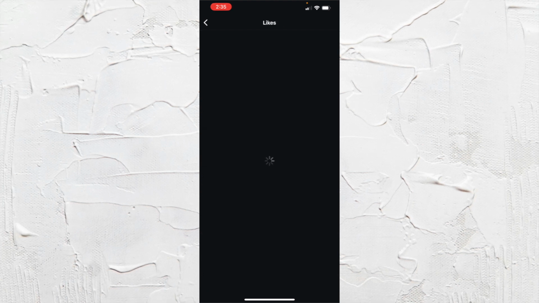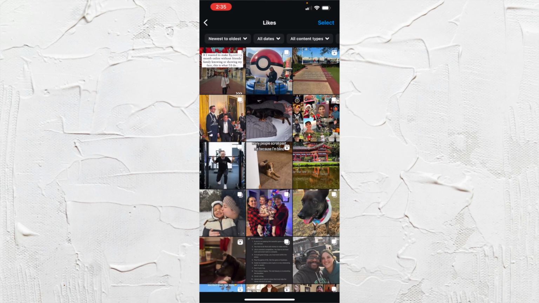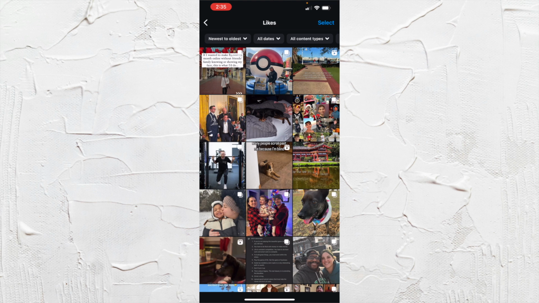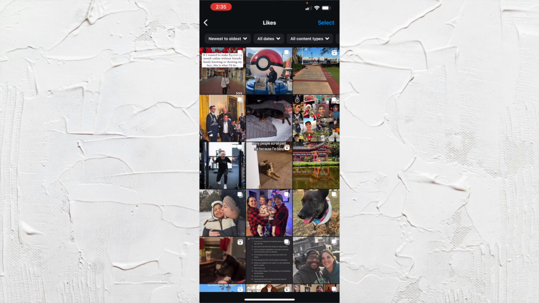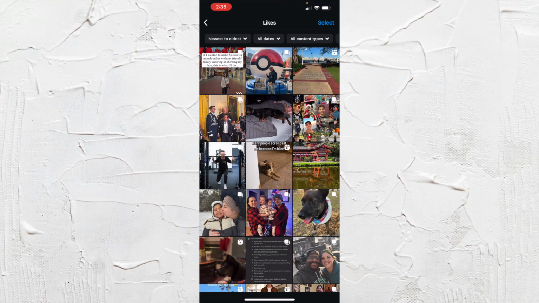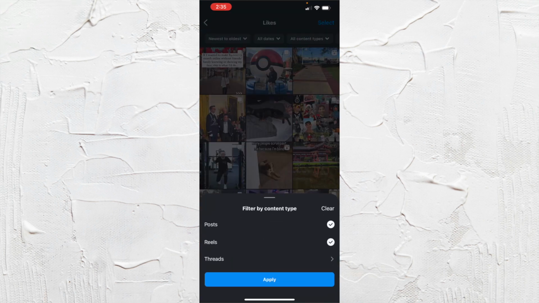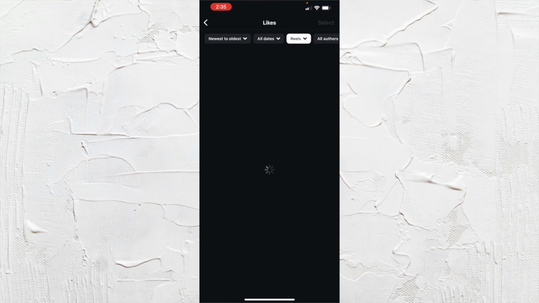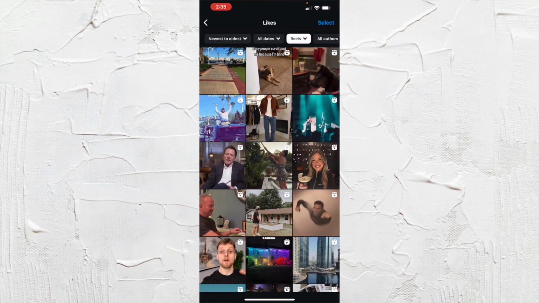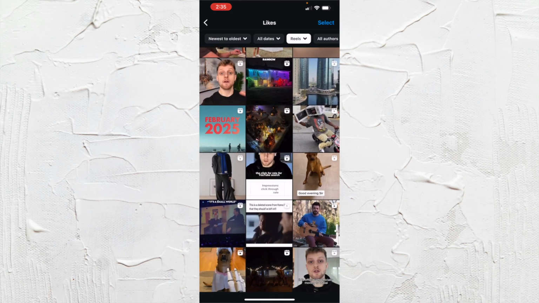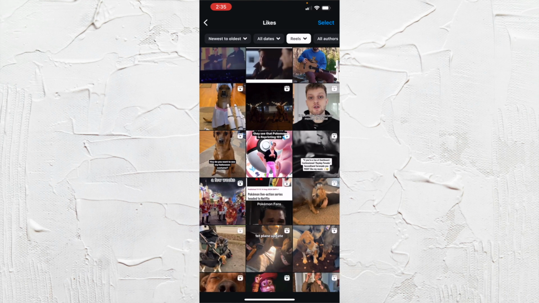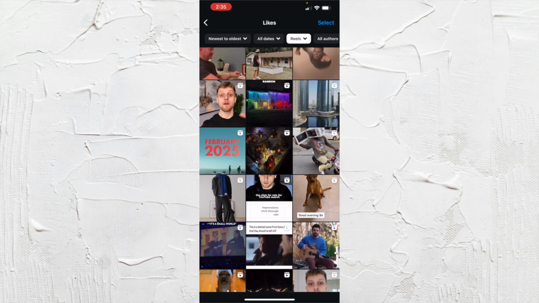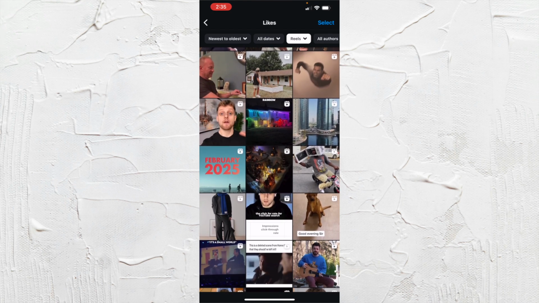And from here, it has all of your likes of different content types, but you can filter through this. So at the very top where it says all content types, you can go ahead and click that and filter through just by your reels. And then it will show you all of your reels that you've liked over time. And you can go back and watch them, or if you want to unlike them, you can do that too. But that is how you would go about finding your liked reels on